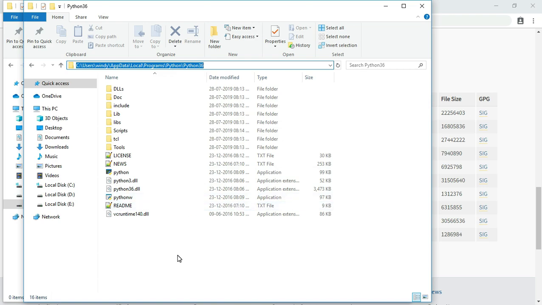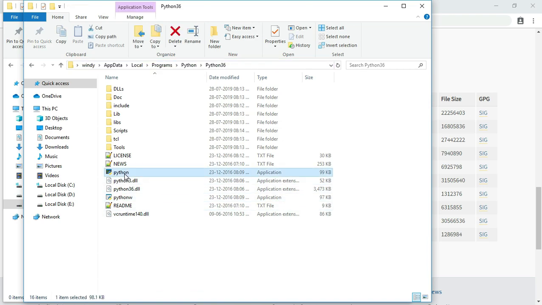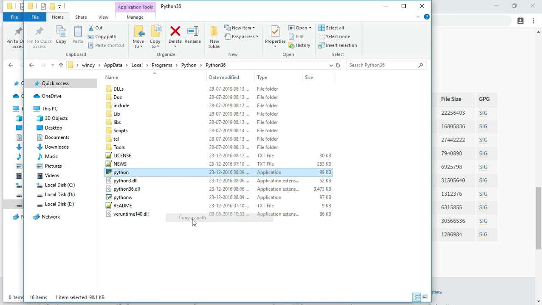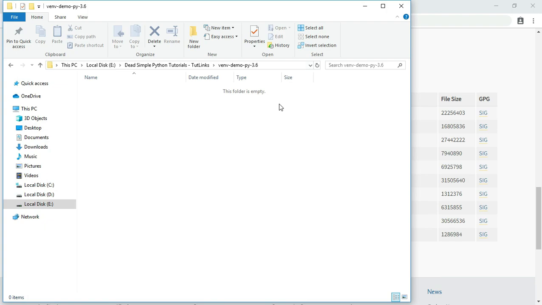So navigate to the directory, click on this Python application file, hold the shift button and right click on it and click on copy as path, and now you will have the full path of this Python executable in your clipboard. The intention of this directory is to demonstrate the virtual environment installation that has Python version 3.6 in it. So this is just a directory.